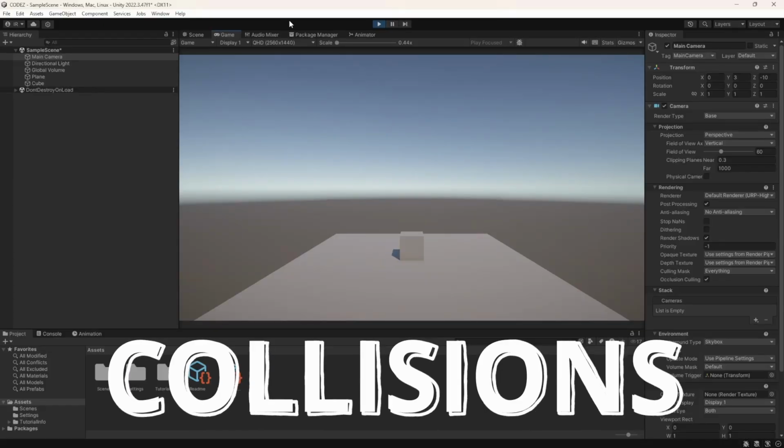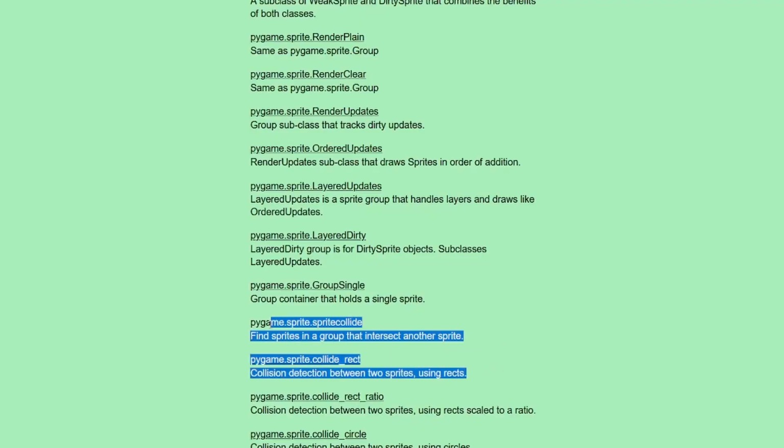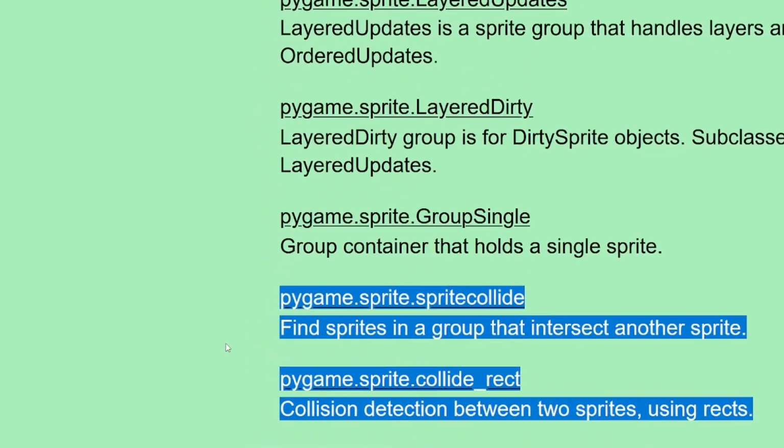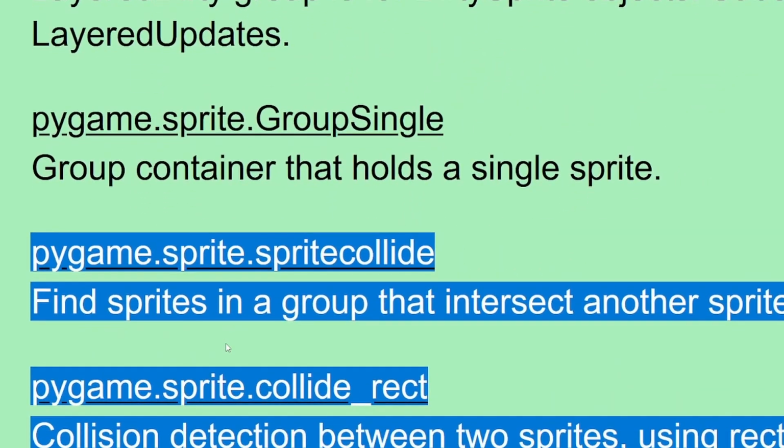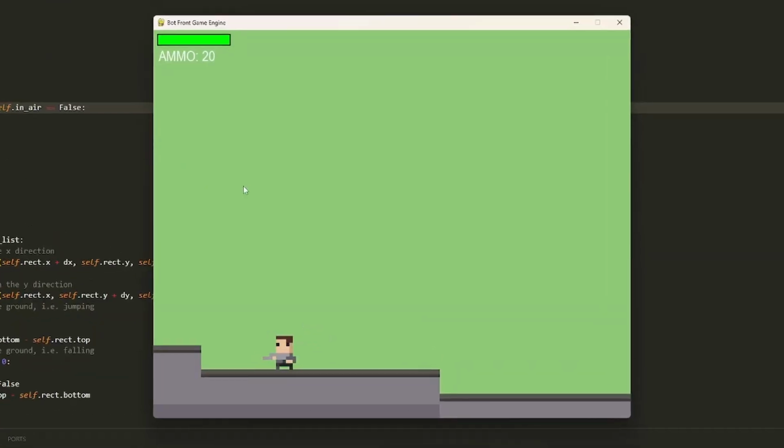You see, any game engine has an inbuilt collision system. This makes the life of a game developer much easier since you don't have to do hard math calculation. Thankfully, PyGame also has a sort of built-in collision system, but it's limited, especially for my level edits. But after following some tutorials and totally not copy-pasting code, I could finally touch the grass in my game. Or is it concrete? I don't know.